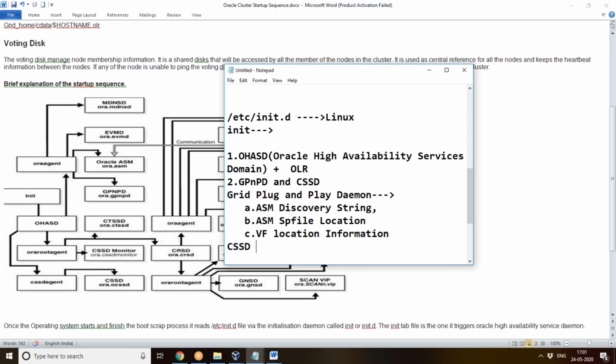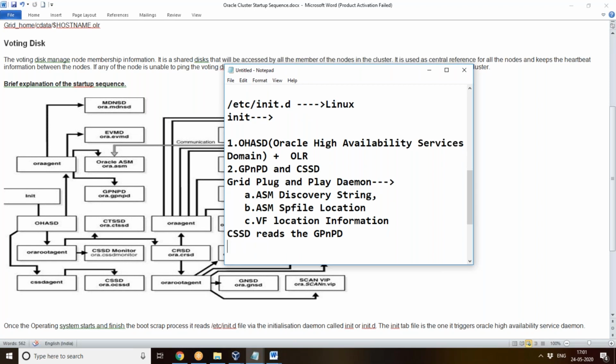Now CSSD reads the Grid Plug and Play Daemon service, and only then does it come to know where the voting disk is located. It reads this and finds out the voting file location.